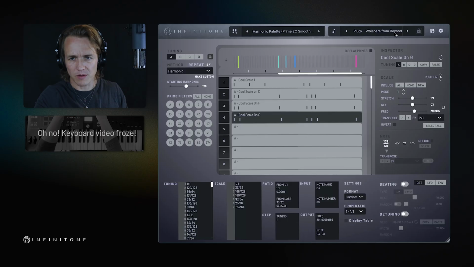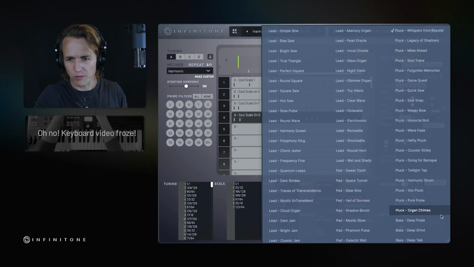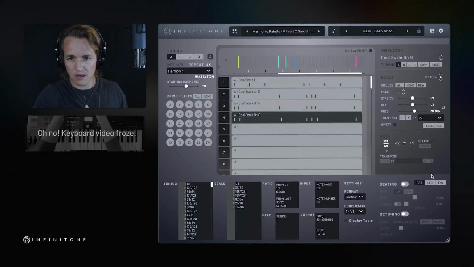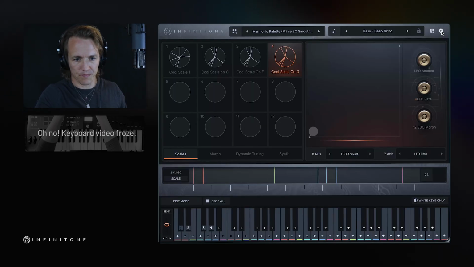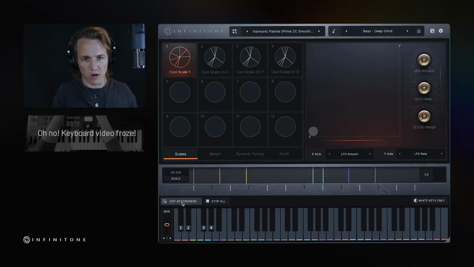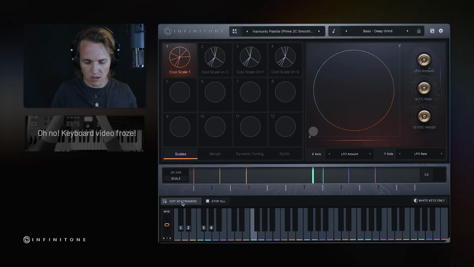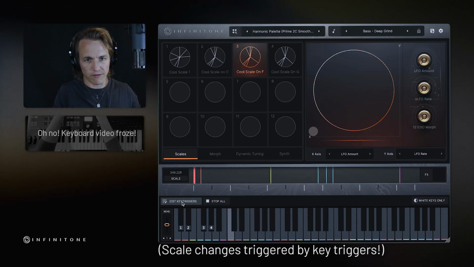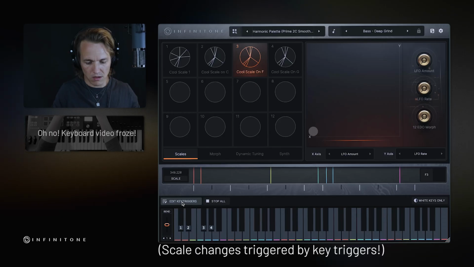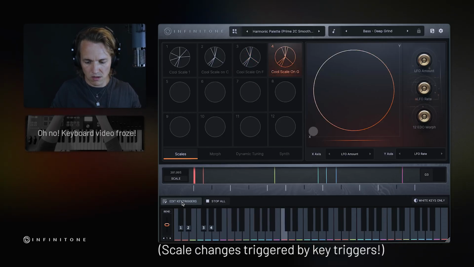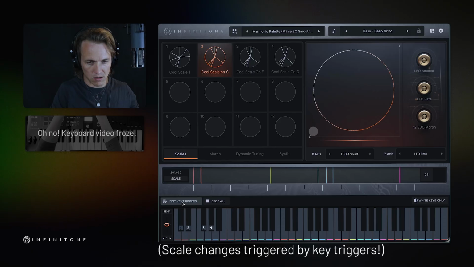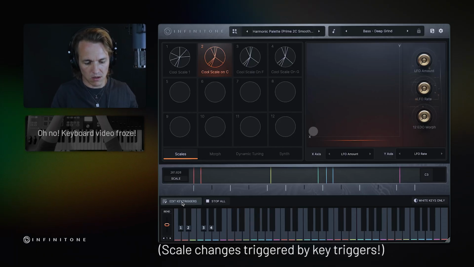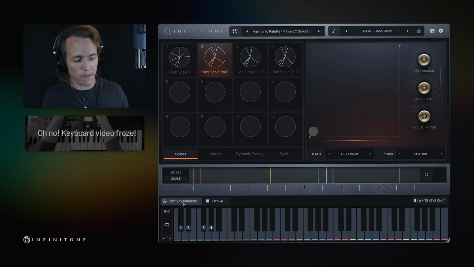Okay. Now I'm going to play maybe a little bass line or something, get a little chord progression going. Let's see, let's say deep grind bass line. So I can play a melody here. I'm going to start with cool scale 1. And then cool scale 2. Then go to F. So what I'm doing is I'm creating a chord progression, and I'm just experimenting with changing those scales in real